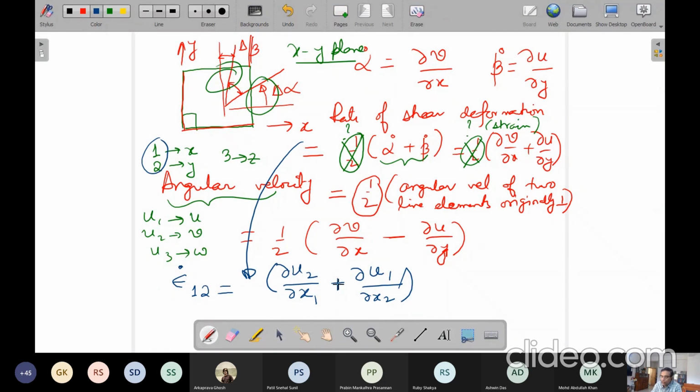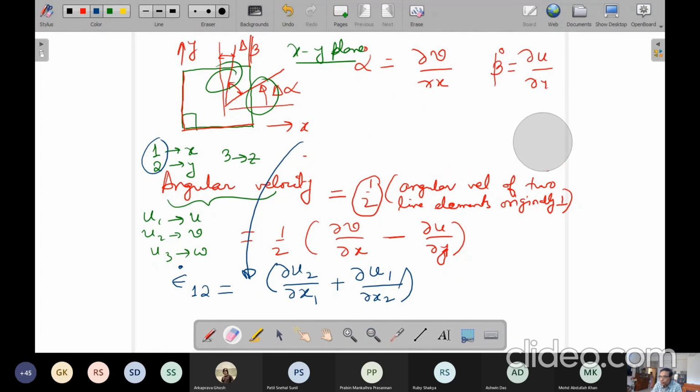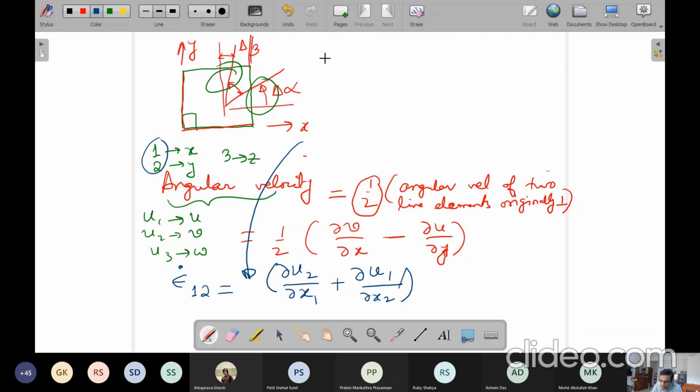So if we generalize it, now if we write epsilon dot ij. So see, this is 1 and this is 1, and this 2 comes here. So it's a cross derivative. So this is simply